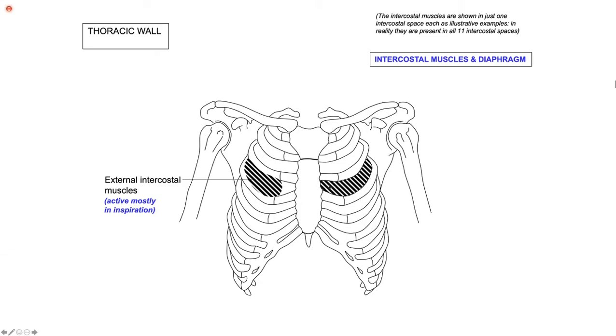Are they following the same plan? No, they are different. The direction is different. They are not coming like this. So they are opposite and they are complete till the sternum. And this is below that. So this is my internal intercostal muscle. And they are active when we are exhaling, when we are expiring, when we are throwing air out of the lungs. So you're looking at external intercostal, you're looking at internal intercostal.